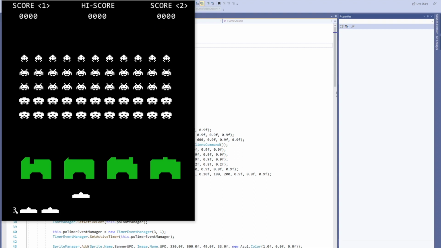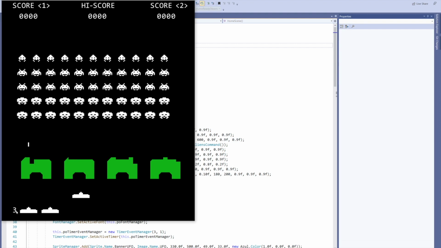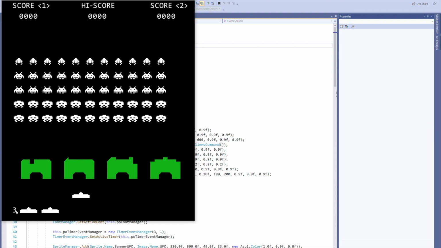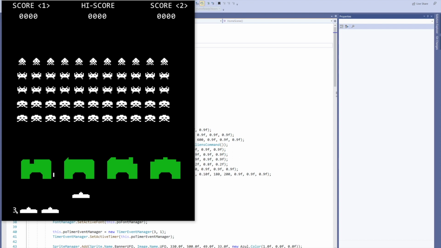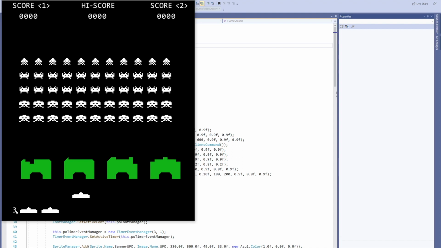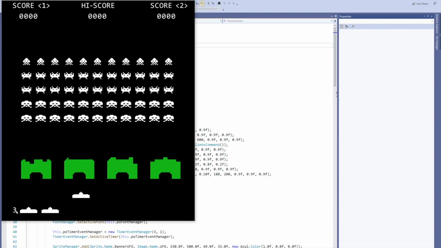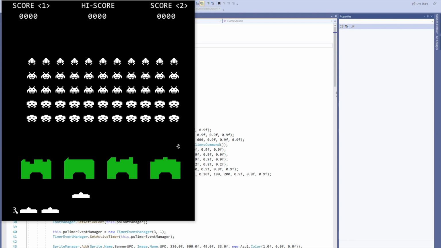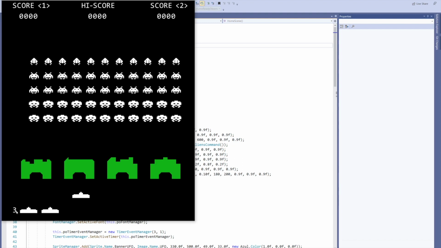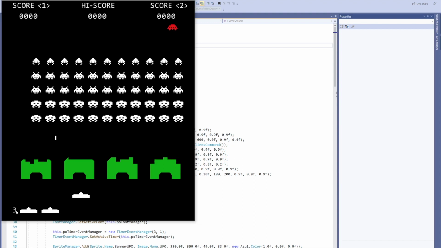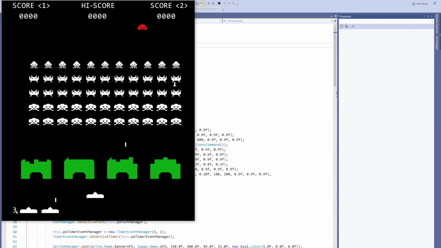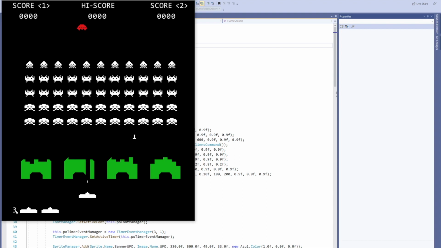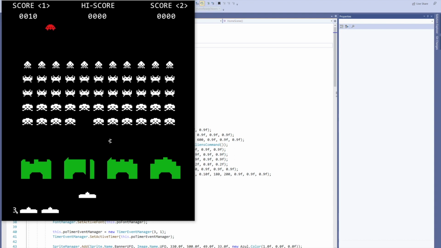And here for each column the bombs are thrown randomly and only one at a time. So when alien column 1 throws a bomb, it cannot throw again until the existing bomb dies. And when the bomb hits the shields, the bomb as well as the brick is removed by using the observers. And we can see here